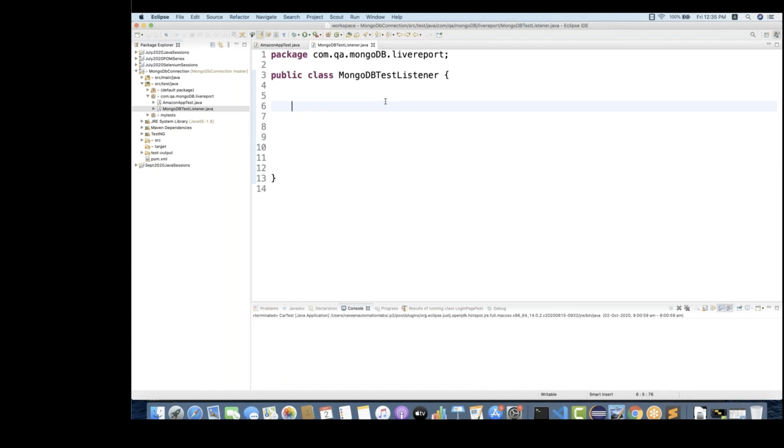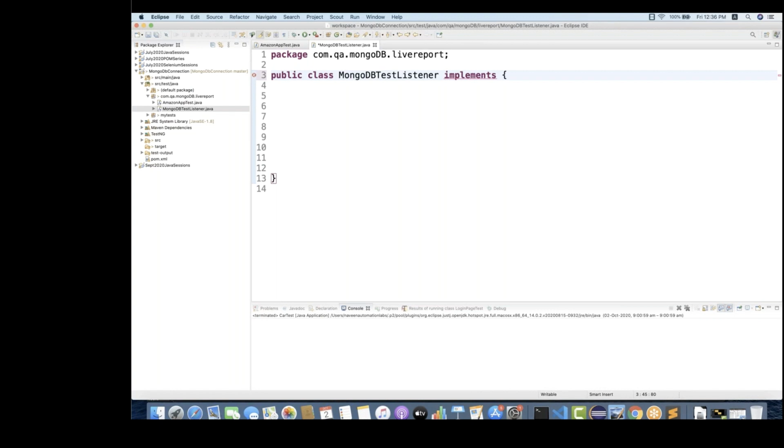It will keep checking what the different results are that you are getting for every test case, and it can be used to customize the report and to customize the TestNG report also. So we will take the listener data for different executions, and then we will pick that particular data and store it inside MongoDB. We know that I'm going to implement this particular listener, and I've already created this particular listener.